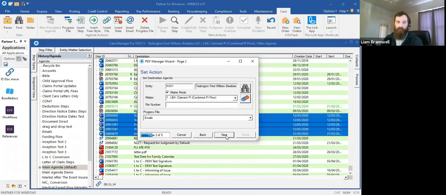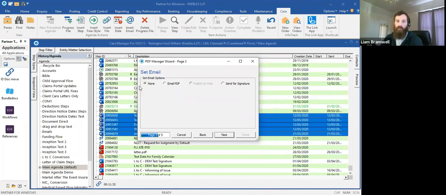As you go through, you can say where the resulting PDF is going to be and on which matter, so it doesn't have to be this matter, you can change it, but I'm going to fire it into the emails agenda. I've just happened to have ticked that as my default PDF Manager agenda. And we're going to do an email at the end of it. And if you were using Adobe Sign, you could tick this send for signature and go through that process, but we're not using Adobe Sign, and so we're not going to be able to demonstrate that here, but it does